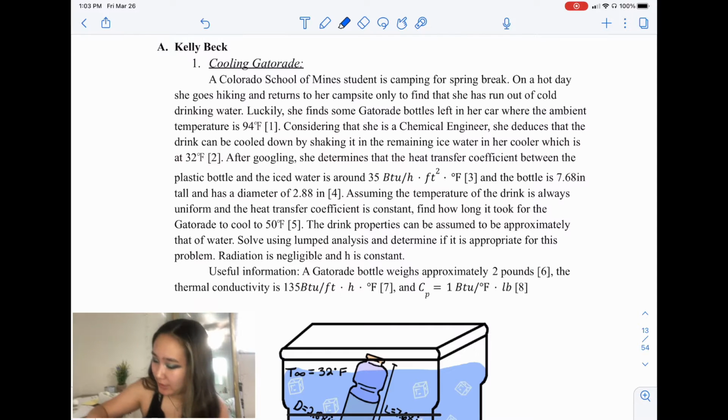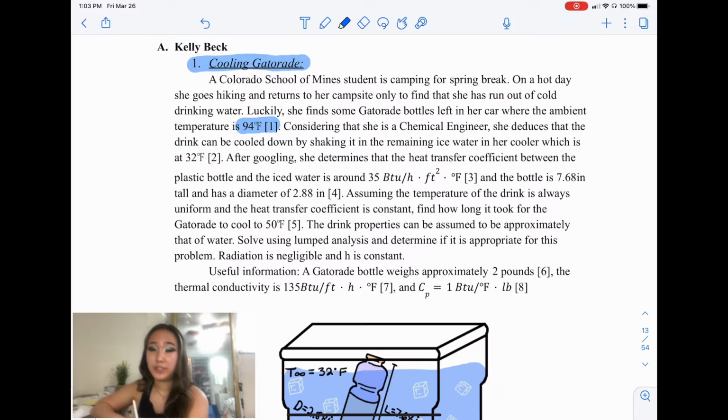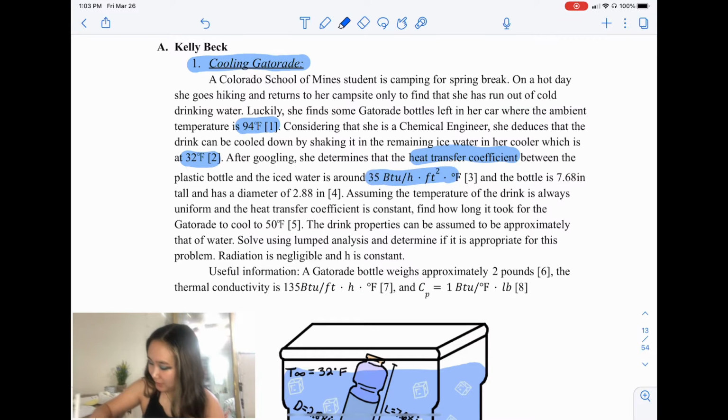So my first one is a cooling Gatorade. It's a Gatorade bottle that's hot in a car, and you're cooling it down in ice water. I've given the ambient temperature of the car, which you assume to be the temperature of the Gatorade bottle starting out. I've given all these knowns and the heat transfer coefficient, the dimensions of the bottle, and I